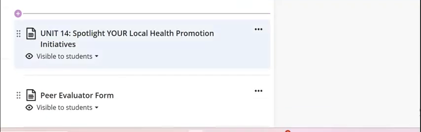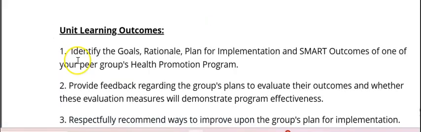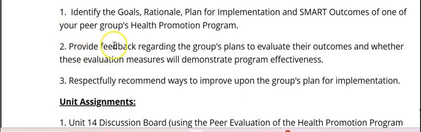So as you're watching this video, Unit 14 is identifying the information. Did another group, not your group, whose health promotion program presentation you watched, identify goals? Did they have the rationale? Did they use SMART outcomes? Did they have a plan for implementation? You're going to be able to provide feedback to that group